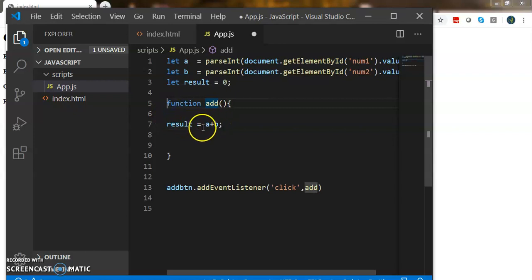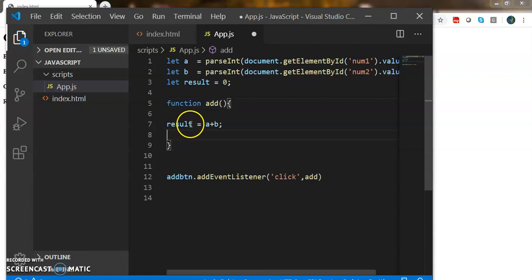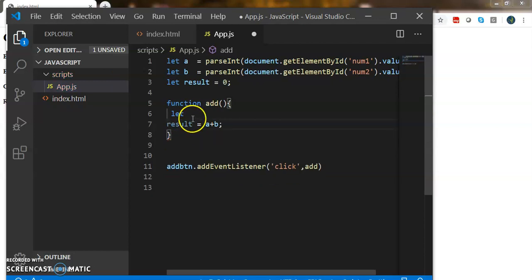For the function add, the variables a and b are not declared inside the function, but still the variables inside functions will be hoisted upwards towards the scope of the functions or the blocks. If a variable is declared with let in this function, then that will be available only for this function. Or if a variable is declared inside an if and end if block, that will be available only in that particular if and end if block.